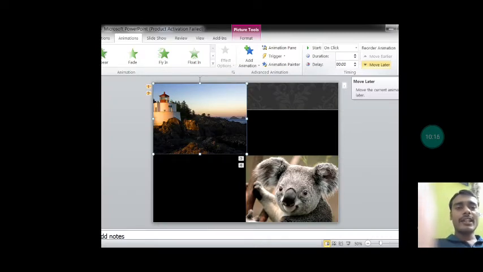After creating the animation effect, you can click on the animation tab, and then you can click on the move later button for changing the animation sequence. If this is the first animation, this is the second animation, this is your third and fourth, then after clicking on move later, the sequence will be changed.